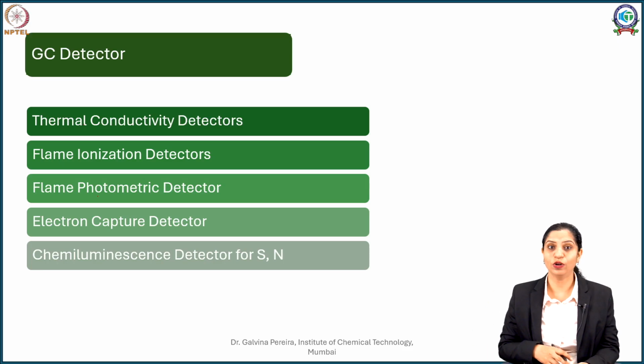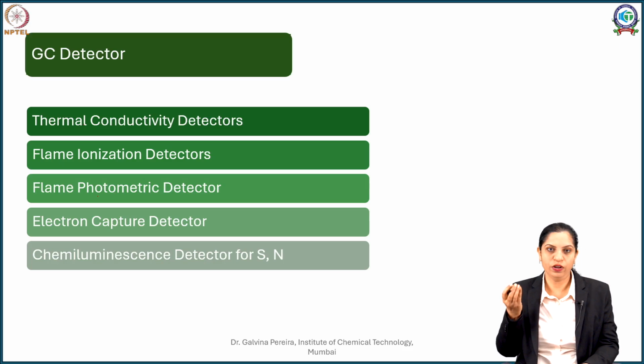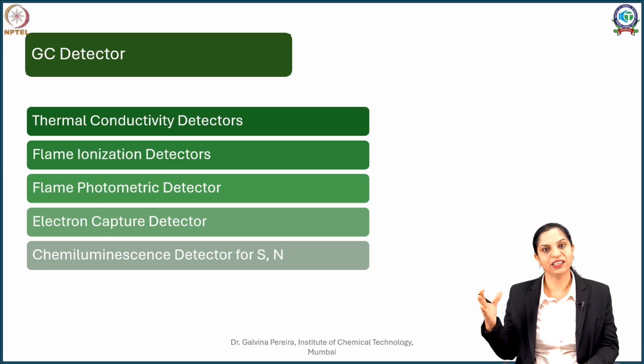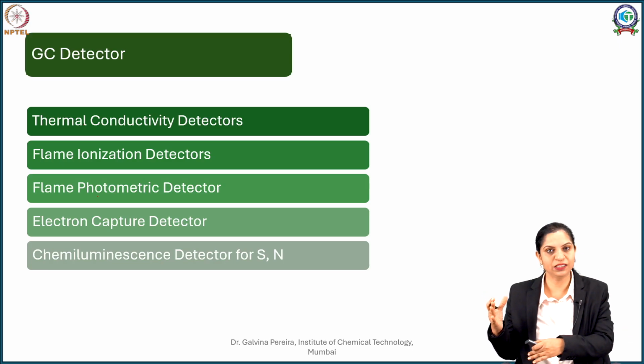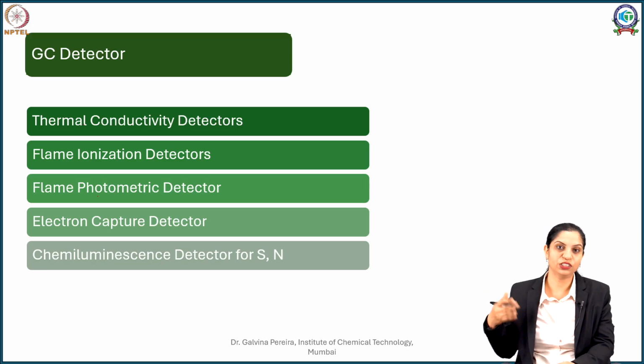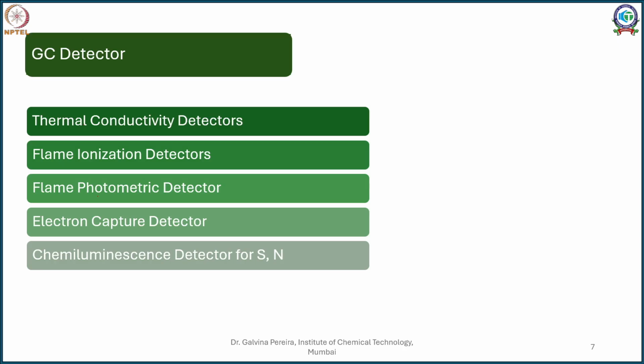Apart from that, you also have the electron capture detector, where you have a small radioactive element or a mechanism where electrons are completely bombarded on a detector surface, and whenever your analyte passes through it, there is going to be some change in the electron flow. That change is perceived as a signal. Sometimes some compounds are made to glow, we call it chemiluminescence. This is used for detection of sulfur as well as nitrogenous compounds.